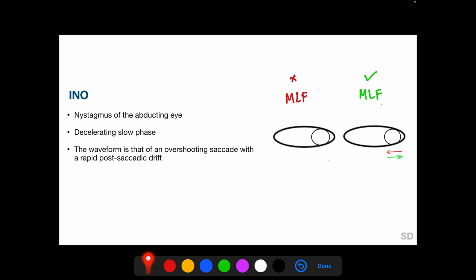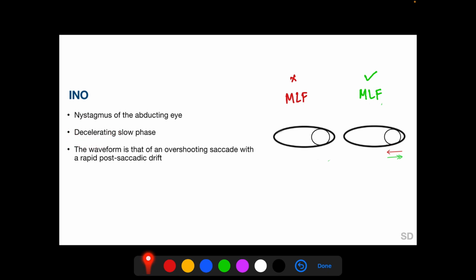Nystagmus can also occur with internuclear ophthalmoplegia or INO, and INO we have covered when discussing nuclear and infranuclear disorders of eye movement. This picture shows a right internuclear ophthalmoplegia arising from a lesion in the right medial longitudinal fasciculus. As a result of the lesion, when the patient attempts a left gaze, there is slowed adduction saccadic velocity of the right eye and a nystagmus of the abducting left eye. The nystagmus is a jerk nystagmus with the fast phase towards the left side, and the slow phase has a